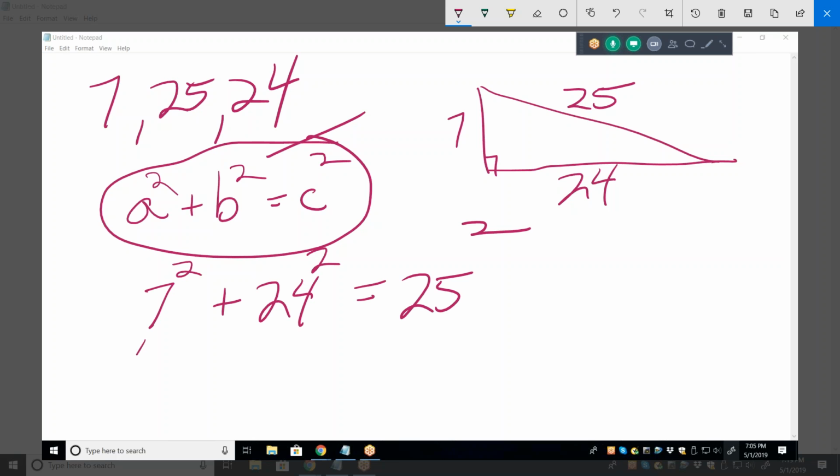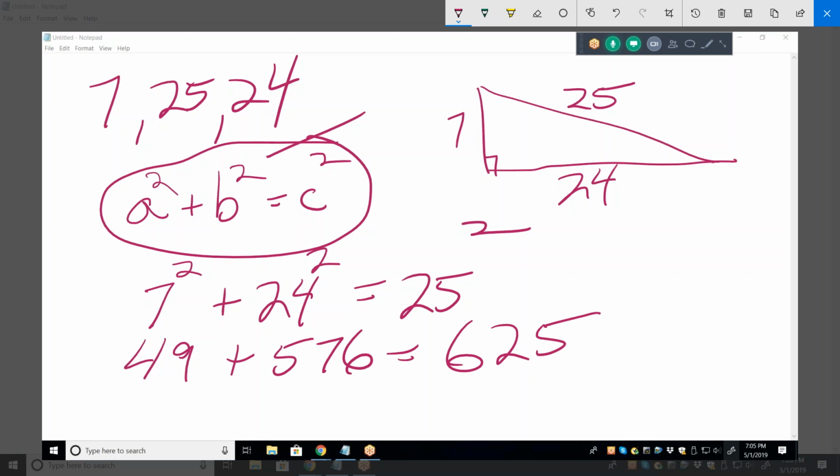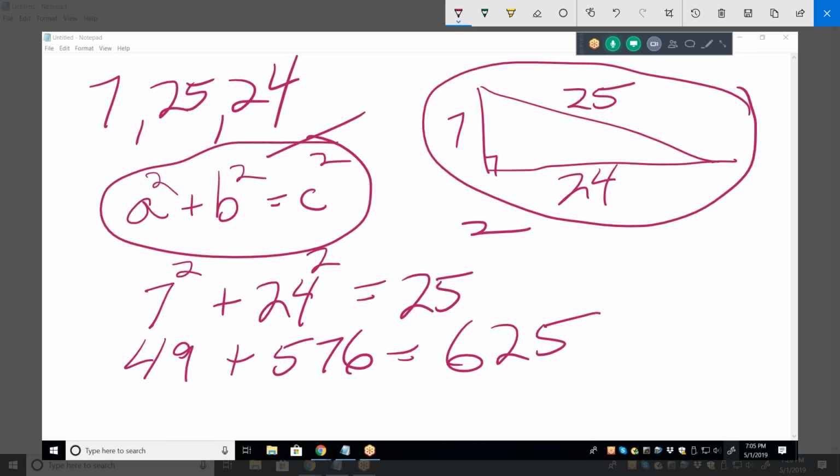Well, that's 49, 576, and 25 squared is 625. So yeah, that would work. It does work. And that is actually like the 4th largest perfect Pythagorean triple, with the